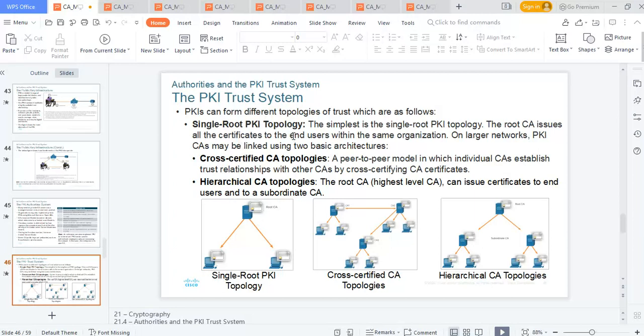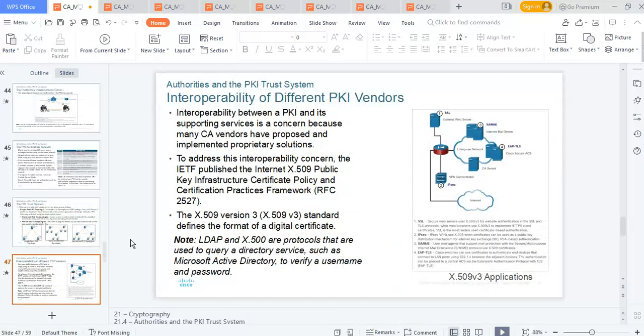So single root PKI topology is the simplest. On larger networks, PKI may be linked with two basic architectures. Of course, this is cross-certified. This is hierarchical CA topology, right? Where they all have a relationship with each other. So, interoperability of different PKI vendors. Yes, they interoperate, right? That's why they can verify themselves. That's why they can ensure